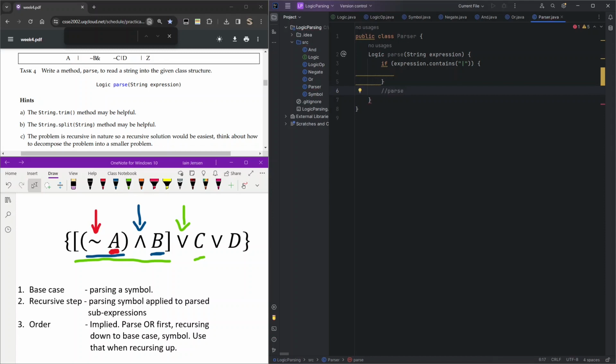parse AND applied to all sub-expressions. Okay, once we've got rid of the ANDs and we're evaluating the sub-expressions applied between the ANDs, we're only going to be left with negations and symbols. Okay, so we want to be parsing negation